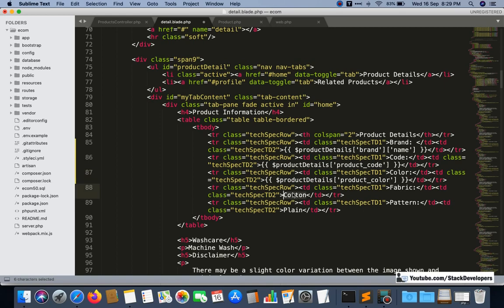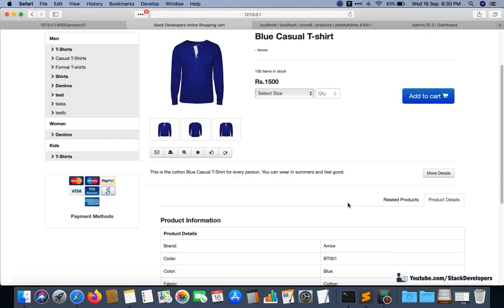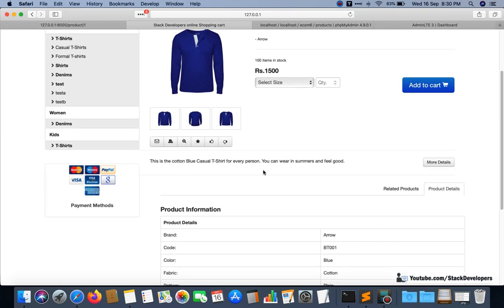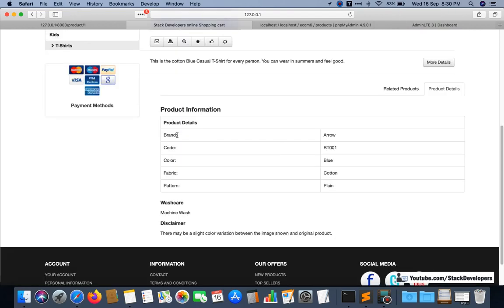Fabric, here we will add fabric. Pattern we will add. Okay, so I will check once. All the details will come dynamically. Okay, everything will come dynamically. Here we say brand, code, color, fabric, pattern.